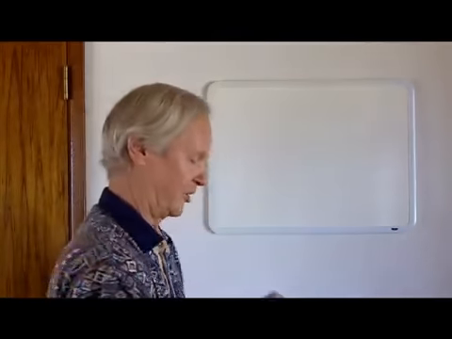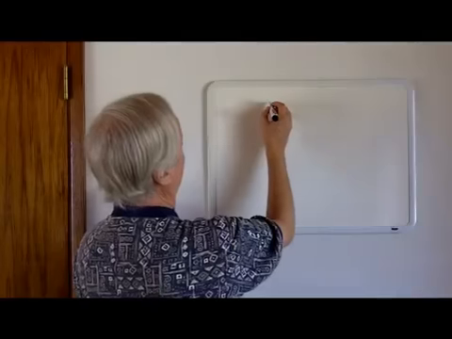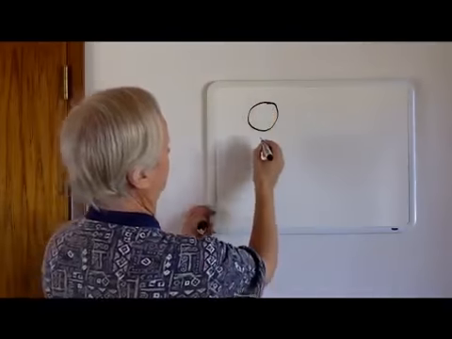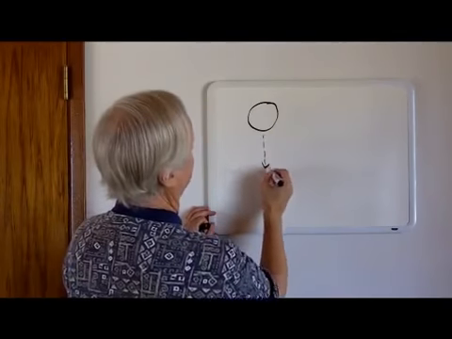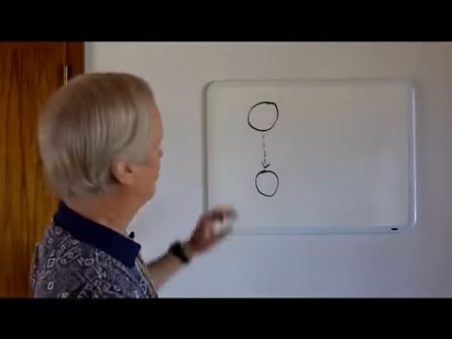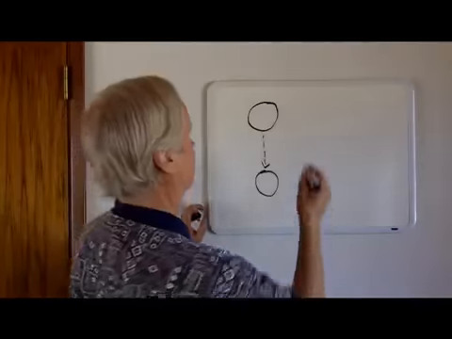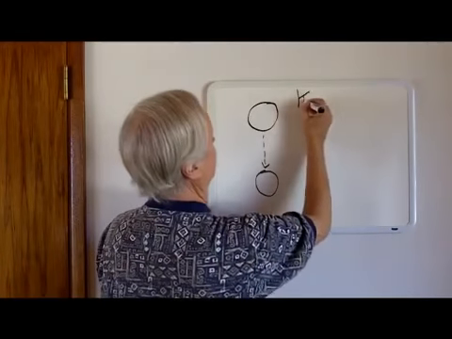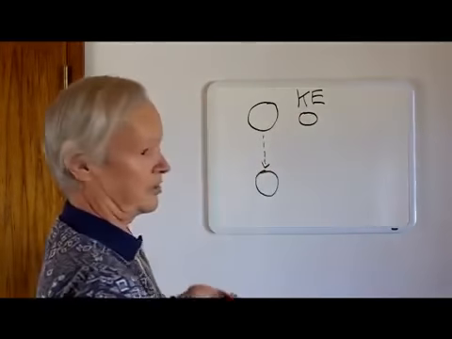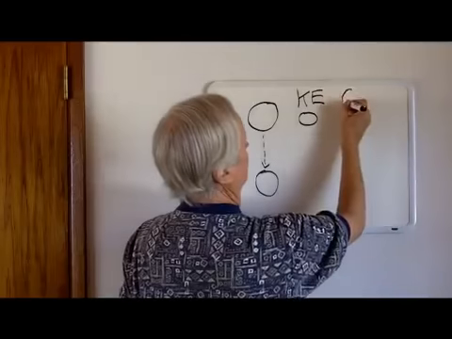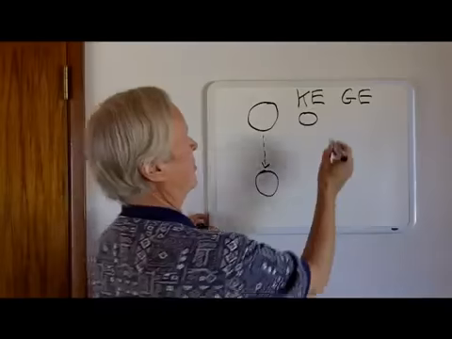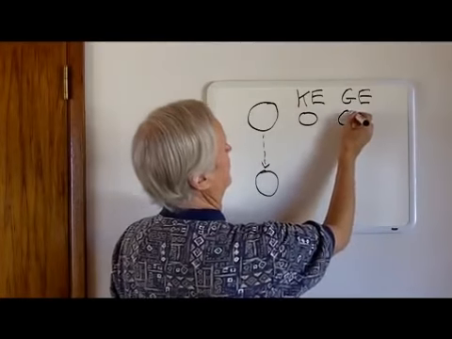Well, let's analyze that situation. Let's say that I hold an object up in the air, and then I release it, and I let it fall towards the ground. So at a time later, the object is down here. At the starting point, we can say it has zero energy of motion, so we'll say the kinetic energy is zero. But it also has gravitational energy, which we'll call GE. And before we release the object, we can say the gravitational energy is zero.